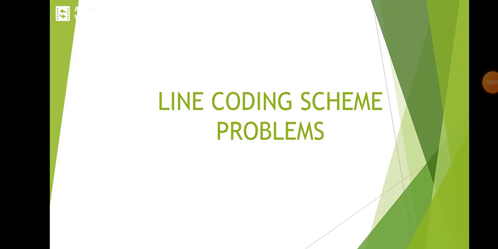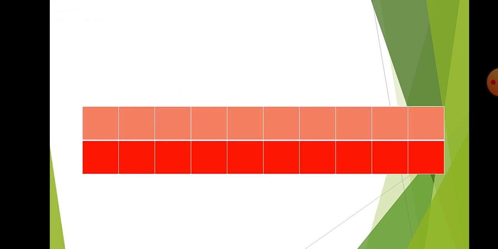Communication video lecturing session. Here, I'll be explaining how we can represent a given pattern using different line coding schemes. First we'll consider the given pattern as 0, 0, 1, 1, 1, 1, 1, followed by 3 zeros. First we can represent the given pattern using unipolar